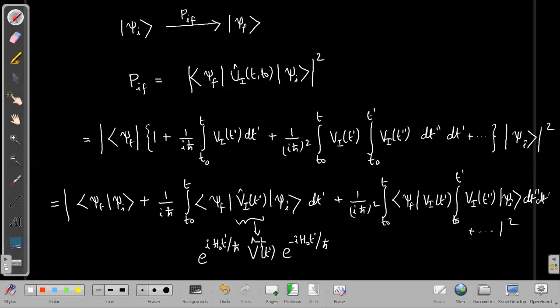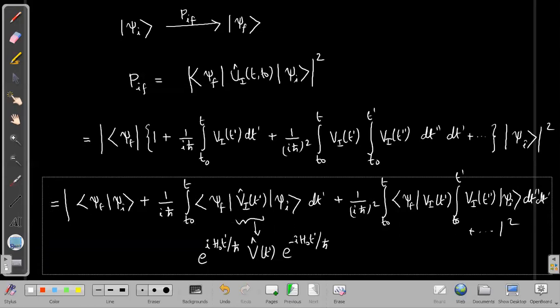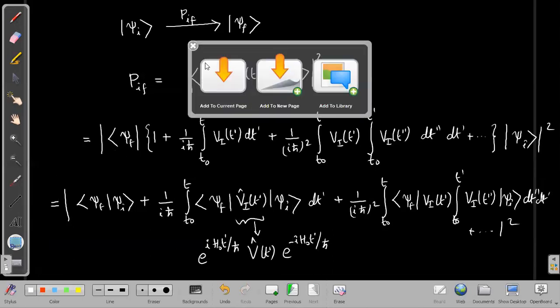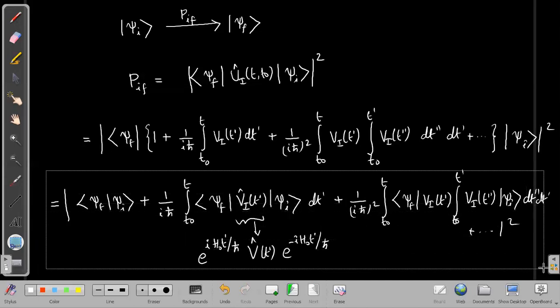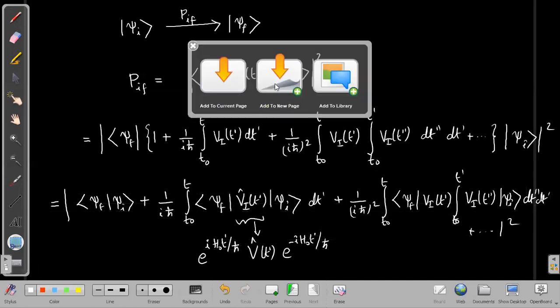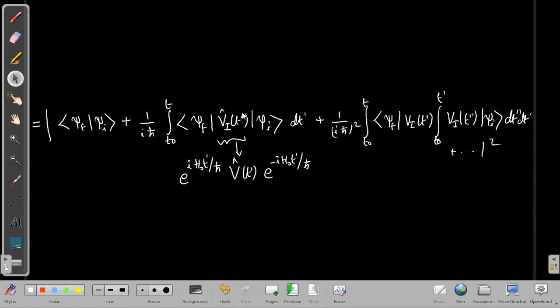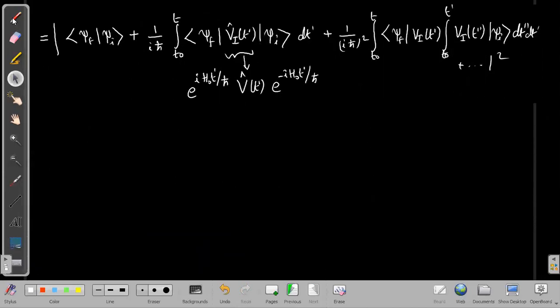Okay, so if that is the case, there will be some changes in this expression. So better I will copy this entire term to the next page. Okay, so what would be our expression then? So this should be equal to the mod square of ⟨ψ_f|ψ_i⟩ plus